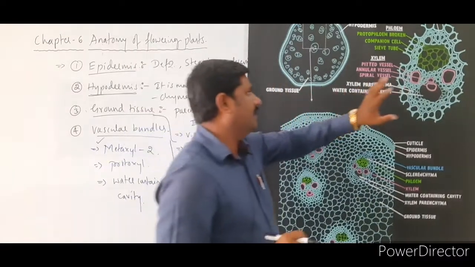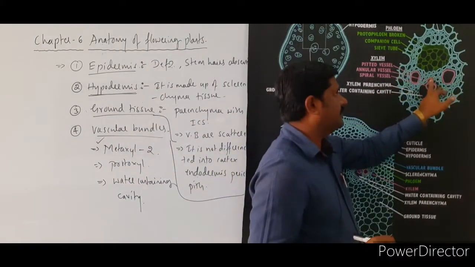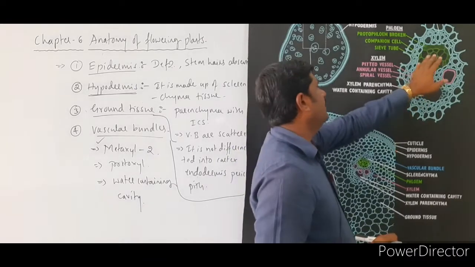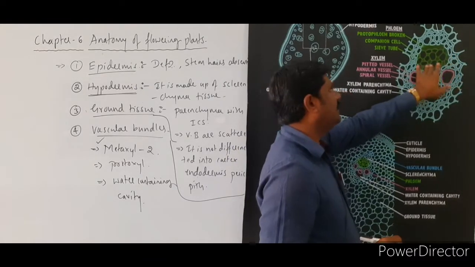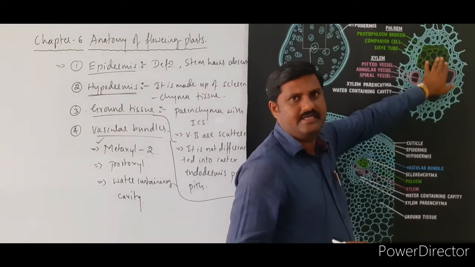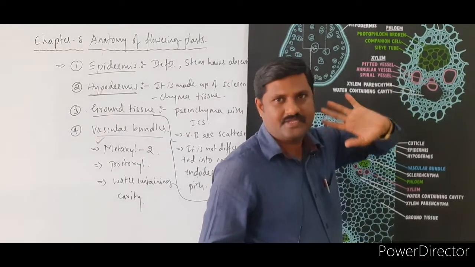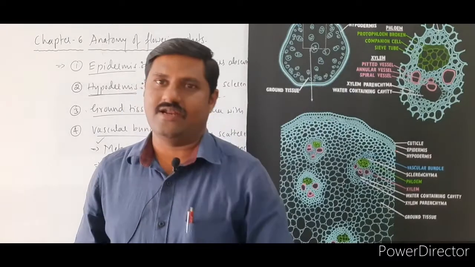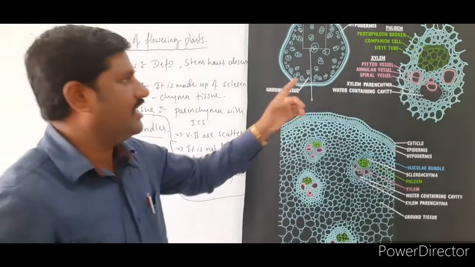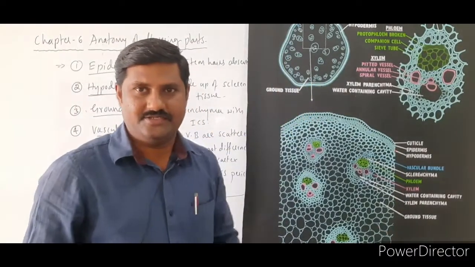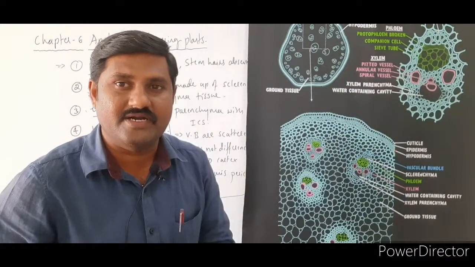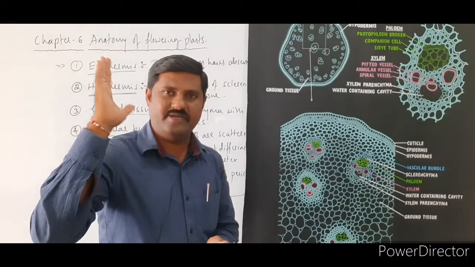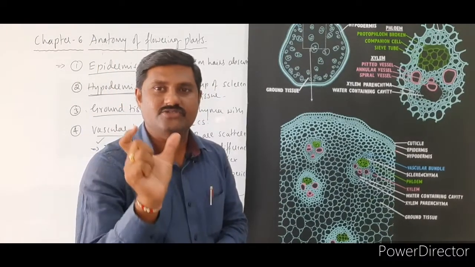So here this pink colored cells indicate xylem vessels, of course. And next one is green colored cells. These indicate what? Phloem itself, right? So there also we had seen the vascular bundles. Here also we are seeing the vascular bundles. So then what kind of vascular bundle? Imagine yourself. Some of the features I had mentioned there. What is that? Conjoint.